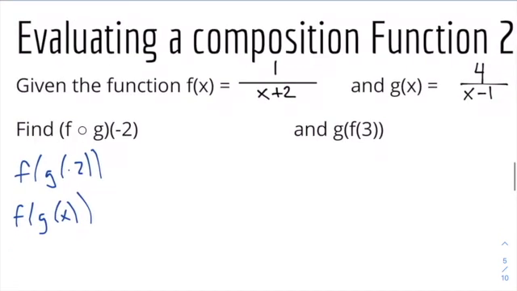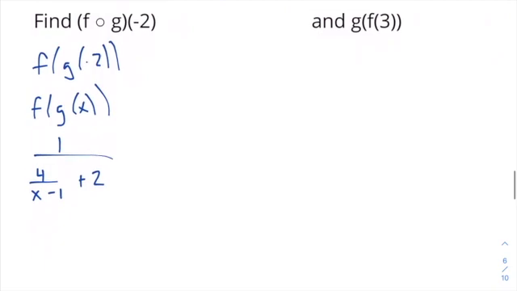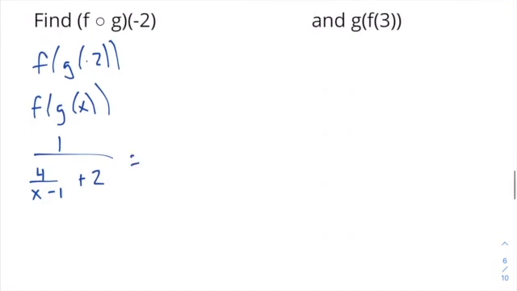So that means I'm looking at 1 over 4 over x minus 1 plus 2. Now, I'm not going to do the hard stuff yet. I'll save that for the next slide. Now that I have what f of g of x is equal to,